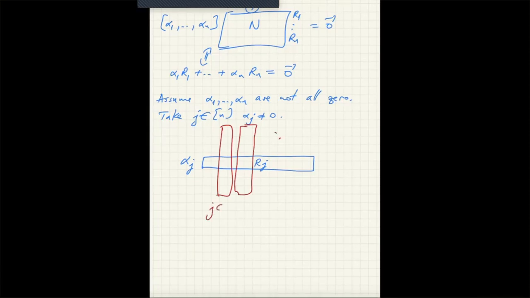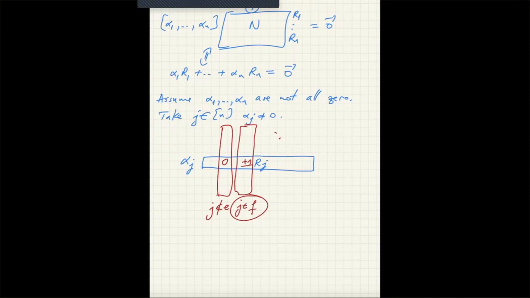If J is not contained in that edge, that entry is 0. But if J is contained in that edge, let's say F, then the entry here is plus or minus 1. So what happens here is, we assume the graph is connected, so there's at least one edge F where